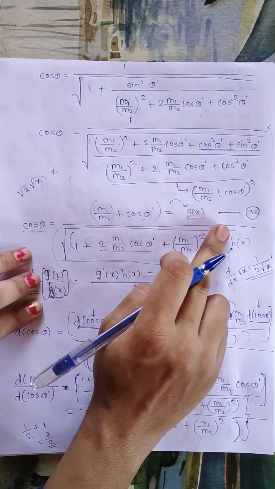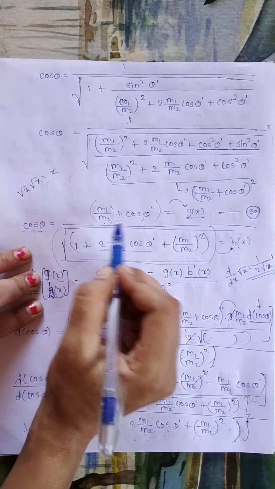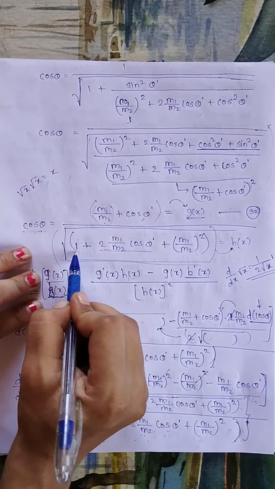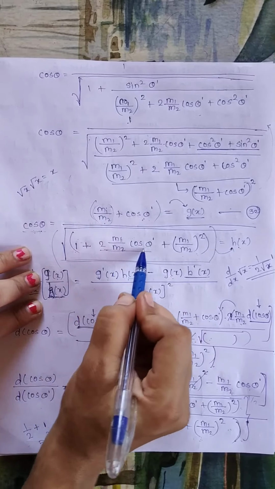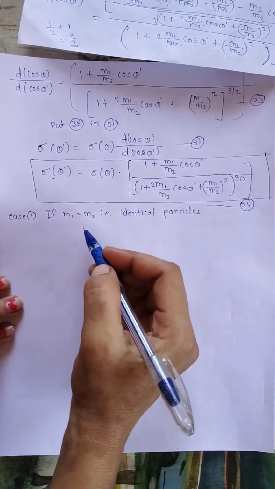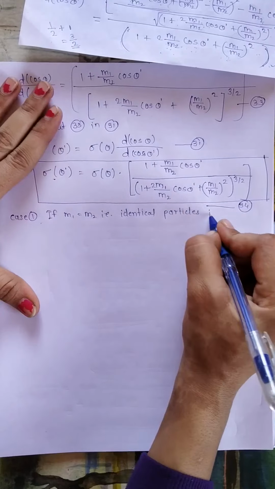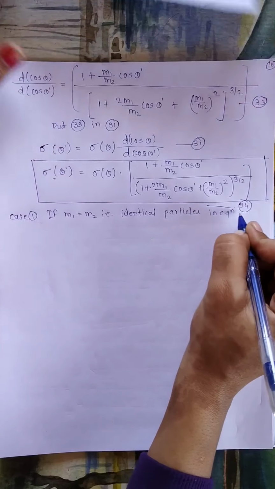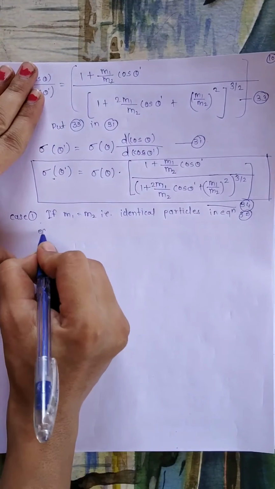In this equation, if we put m1 equals m2, we will get 1 plus cos theta dash upon 1 plus 2 cos theta dash plus 1. Means if we put m1 equal to m2, that is identical particles, in equation 32, equation 32 becomes,